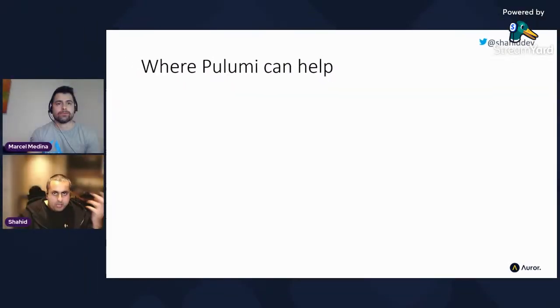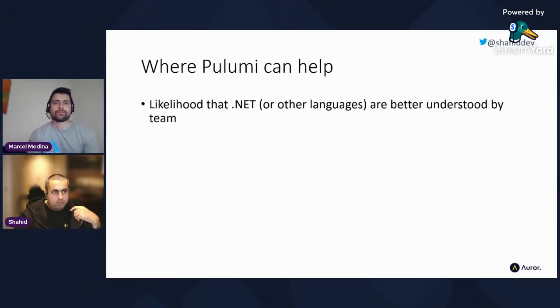So where does Pulumi really kind of come into its own, if you like? If you're a team that is very familiar with one of those general purpose programming languages, so .NET in my example, then the number of people who can deal with or do stuff to your infrastructure is widened a little bit.